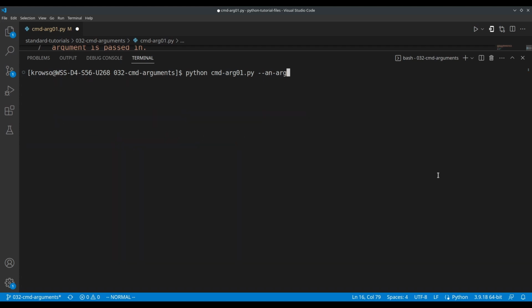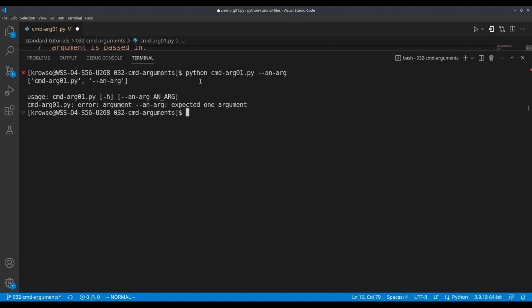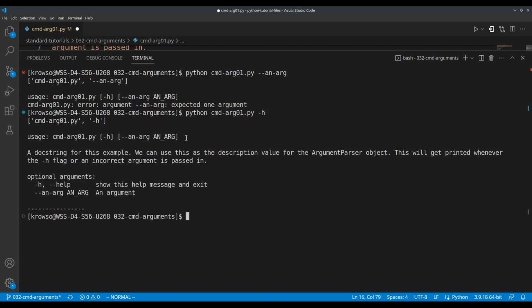And if I try to call narg without passing in any kind of data value for it, we still get an error because it's expecting one argument for that command line argument. And then if I run -h for help, it prints out all our information here. It prints out the usage. It prints out our doc string here, followed by all the arguments we can use, which in this case is